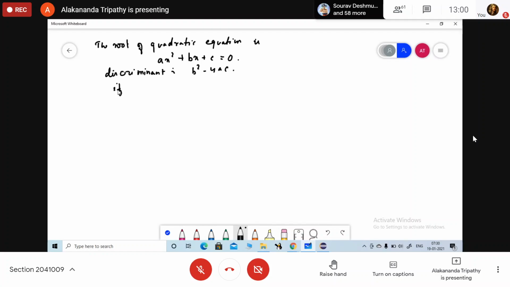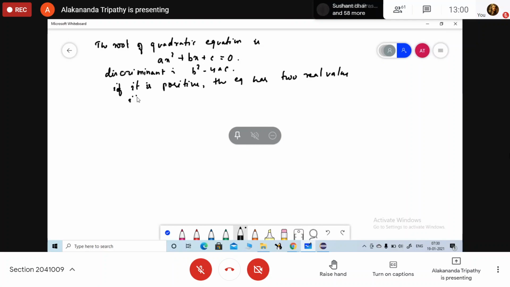If it is positive, what will happen? If it is positive, the equation has two real values. Okay, try to note it down. If it is negative, what will happen?